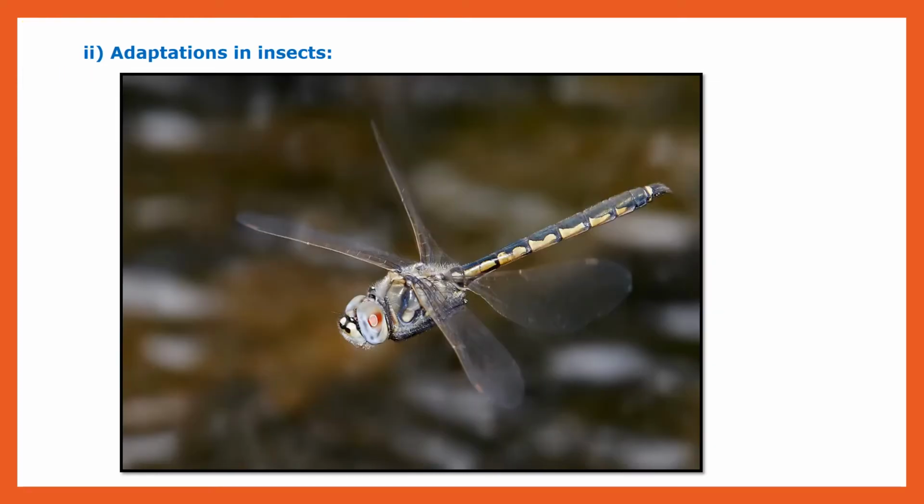Now the next subtype in adaptation of animals is adaptation in insects. So they are lightweight and have a tapering body, two pairs of wings for flight, and six stick-like walking legs. So these insects have six stick-like walking legs, and they have two pairs of wings for flight, means for flying. Then the insect's weight is so light, means their weight is very less.